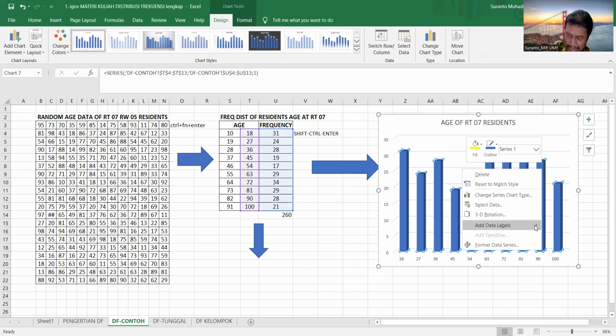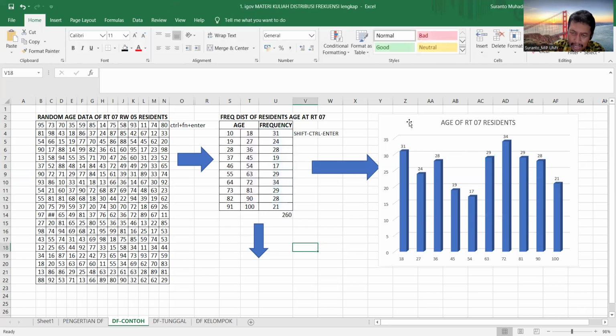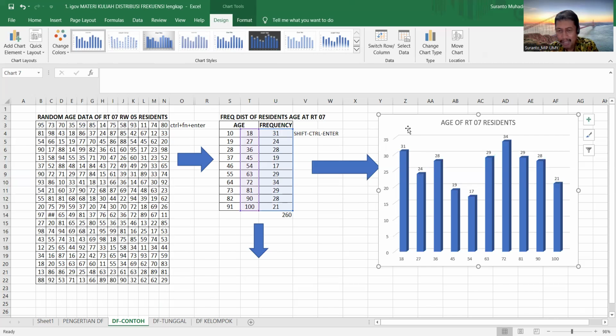Just click Data Labels, and now the data is shown here, 31, etc. So it's very easy to make the data display. You can use this data display in Microsoft Word when you write a thesis. You just copy it and then paste it into the Microsoft Word writing.